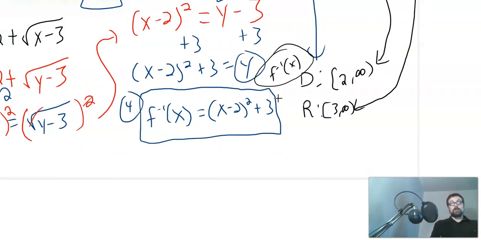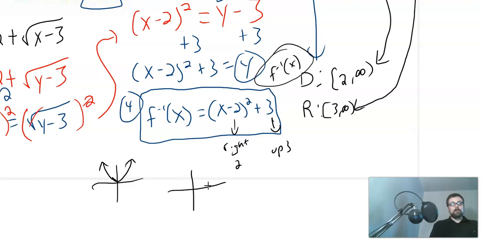So if we look at the function without considering what it should have become, if we just consider this, we also learned how to graph these in 2.3. It's a parabola, right? This is a square function, which looks like this. All right, it's going to look like this. And we're going to shift the graph right 2 and up 3. So if I do that with this graph, to the right 2, up 3,